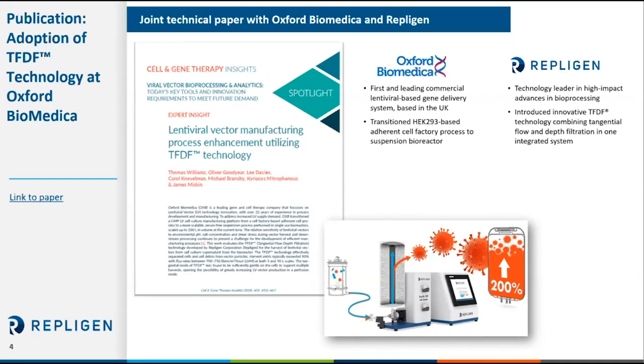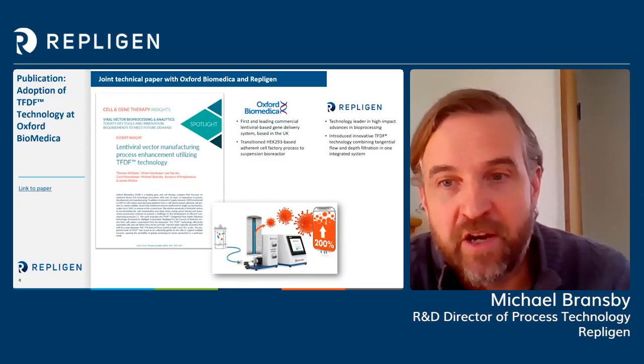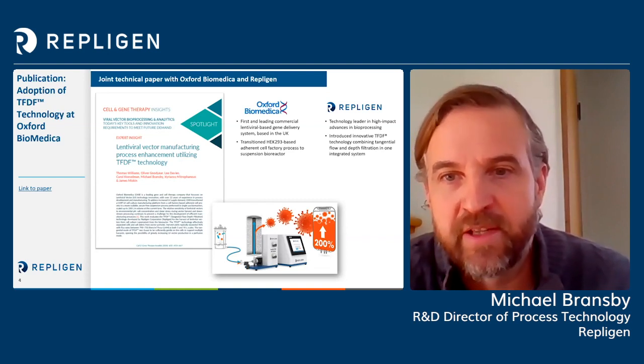The bioreactor feed is connected to the bottom of the tubular TFDF filter. Permeate, shown here in orange, travels through the wall of the tube, while retentate continues through the lumen and the end of the tube, and then is directed back to the bioreactor, not shown here. So you have the blue cells recirculating back into the reactor and the orange lentivirus particles coming out. An integrated system with pumps and software runs this automated process.